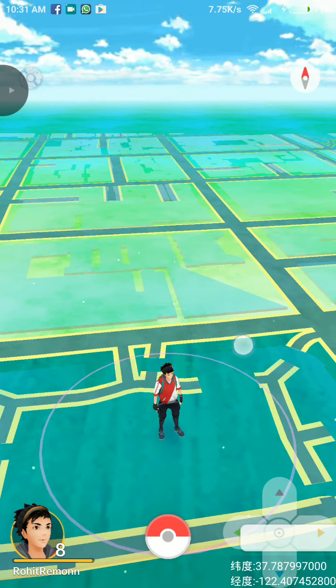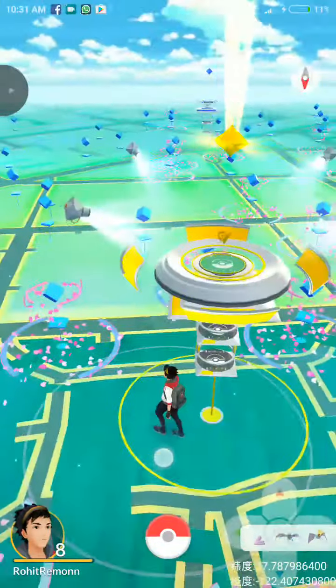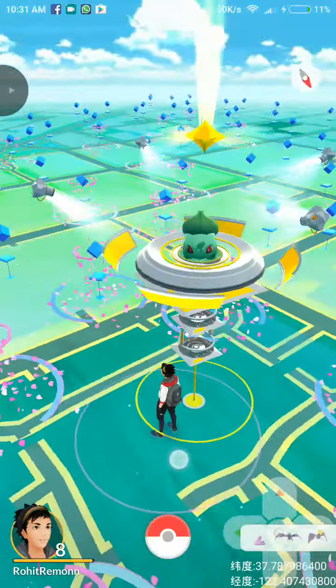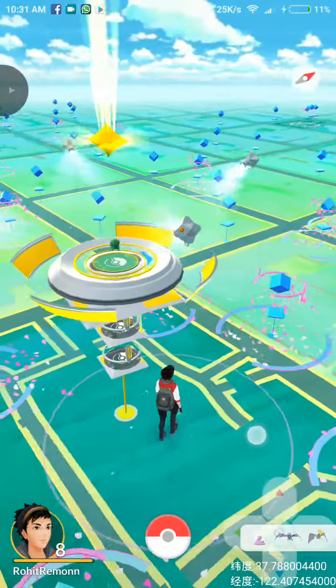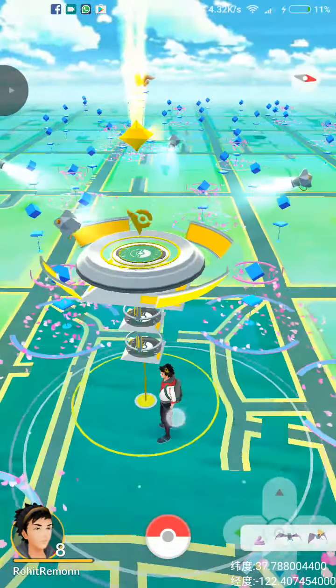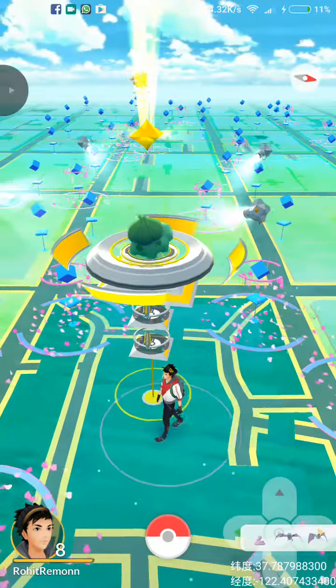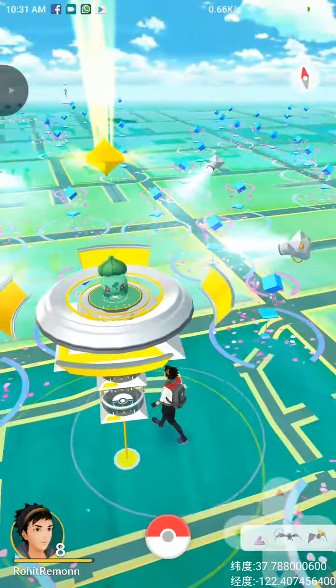I'm already done with that, so here is my account. I just checked, and your current location will be in California, because here you can see there are many Pokeshops, and all are preserved with lure modules, due to which you will get too many Pokemons earlier and faster.